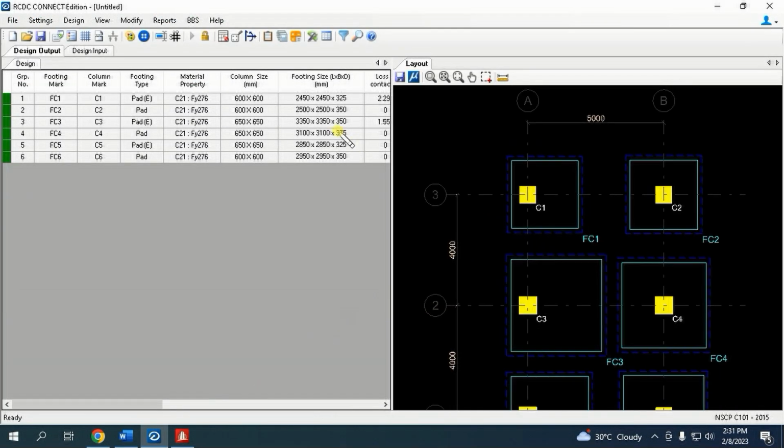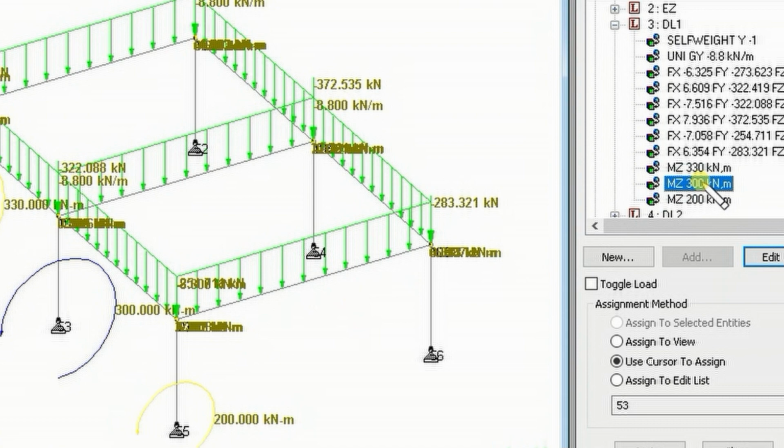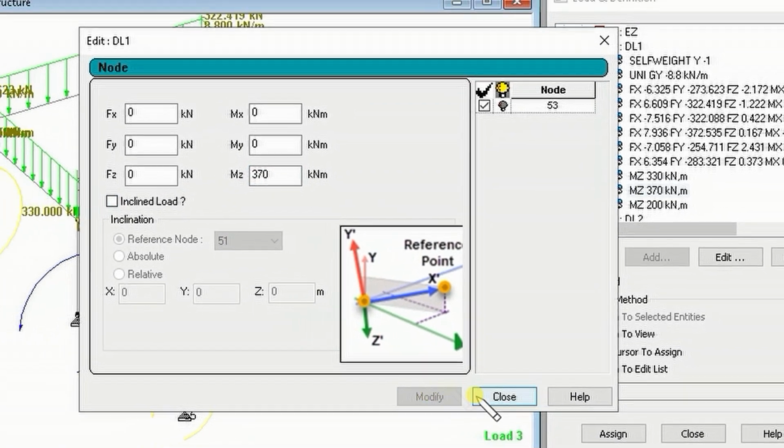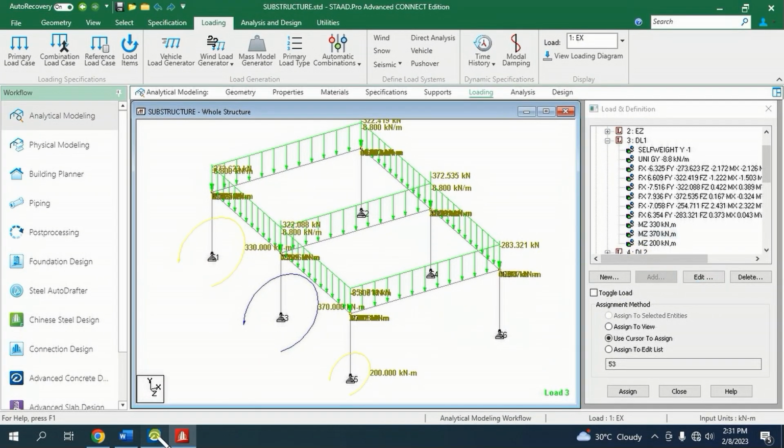And the next, this footing is bigger than this footing. So since bigger, we have to increase the moment. Let's make it 370. Next is